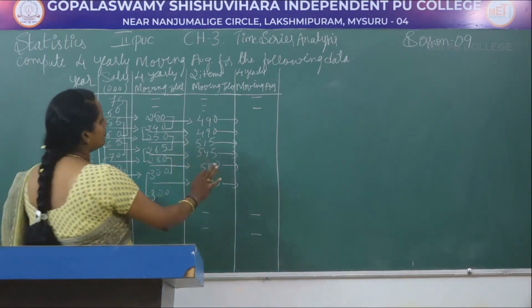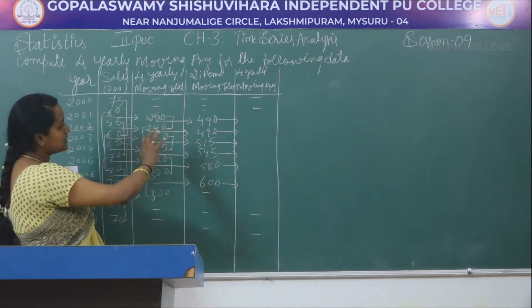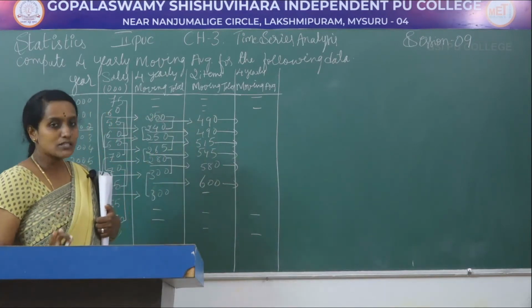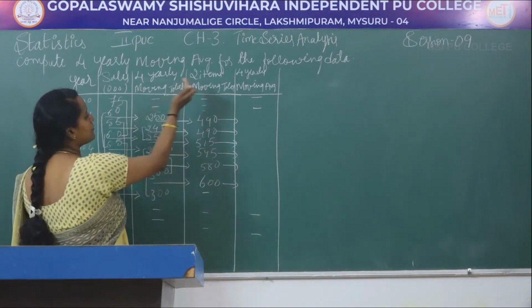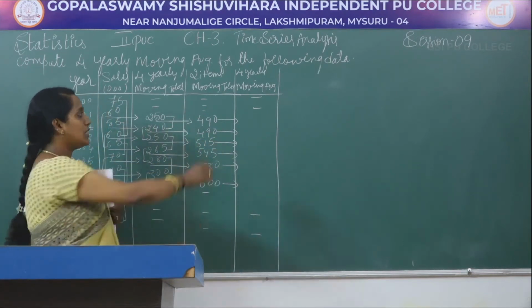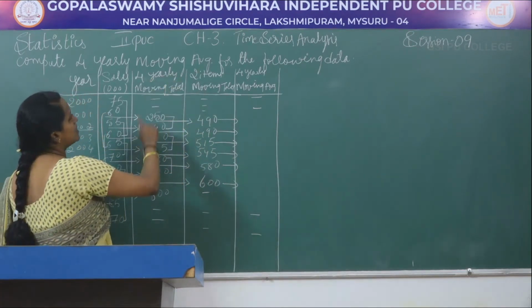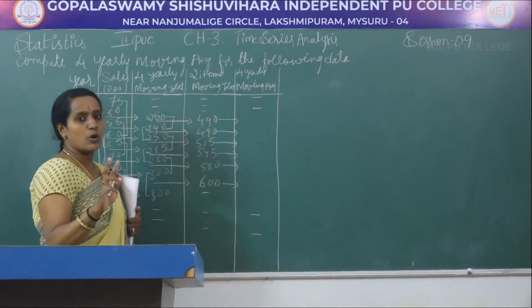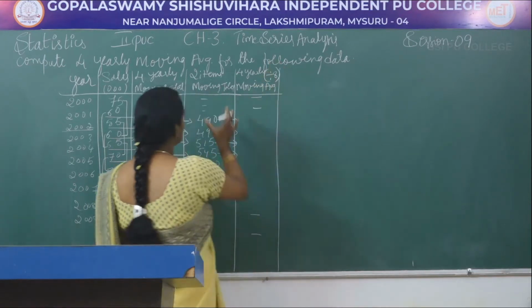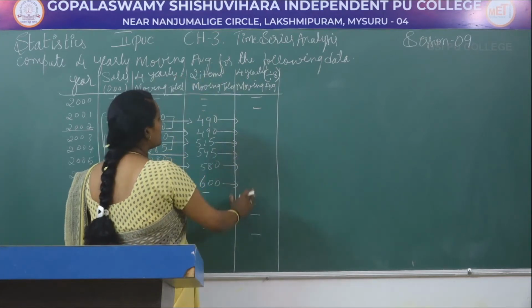For this, now we have to divide this. See, we have not simply added the 4 numbers and divided by 4, because after adding 4 numbers, again we added 2 numbers, so that we got the 2 items moving total. For this column we have to divide by 8, because here we added 4 numbers, here we added 2 numbers, so 4 2s are 8. So divide this column by 8, because 4 2s are 8. After that only you will get the trend values.